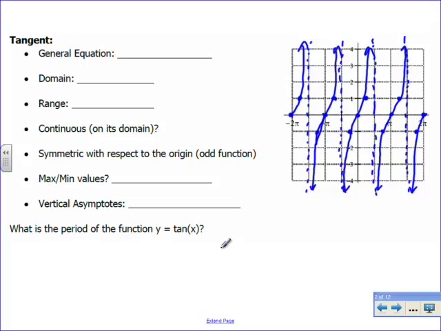Okay, so now that we know what it looks like, let's talk about its properties. General equation we just talked about is tangent of x. The domain of tangent of x is a little complicated because you have asymptotes almost everywhere you go. So this is a case where we're going to use our words instead of speaking in interval notation. Our domain excludes all of those intervals of the pi over 2's, okay? So we're going to say it's all real numbers except